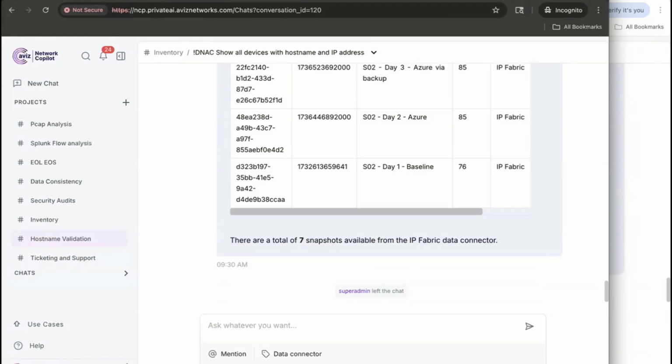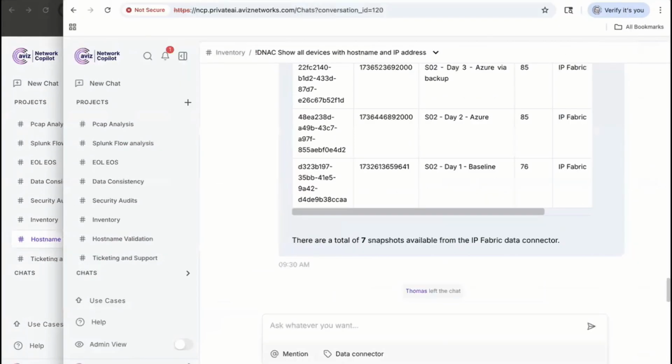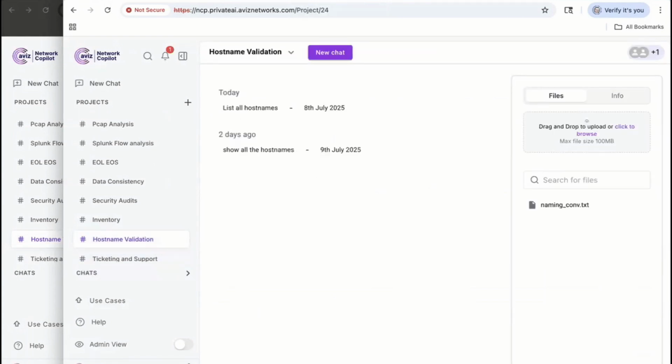Host name validation. This is one that I got a lot. I know this from a lot of enterprise customers. Similar idea. Here what we do is we actually have uploaded a file. You basically can just upload a file. And the idea is, hey,